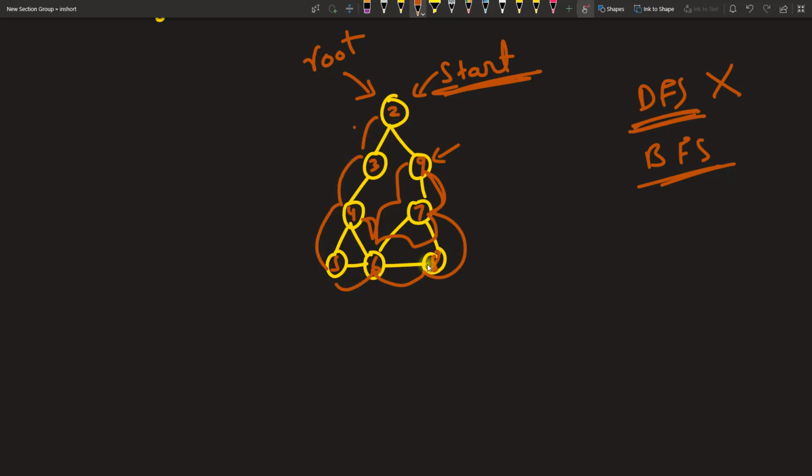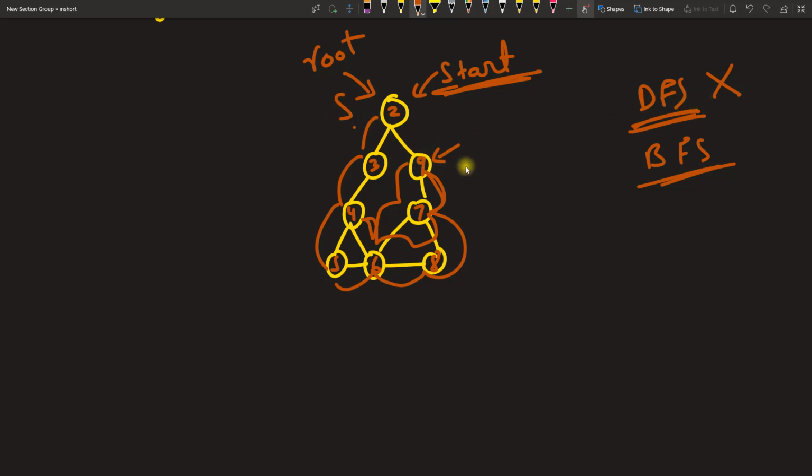1, 2, 3, 4, 5, 6, 7, 8. So 7 to 8 hops you are taking in order to find whether this 9 is there or not in this graph, or what the shortest path is. You don't know. You're not reaching the conclusion that you have actually visited this node from the source with the shortest path. So DFS will not work.